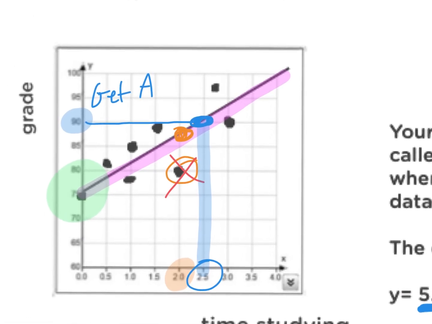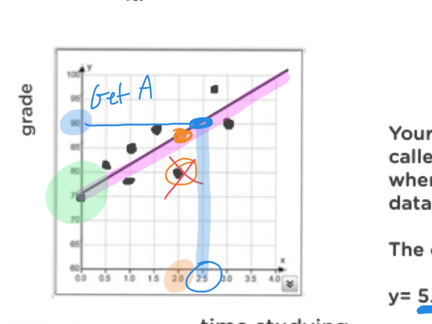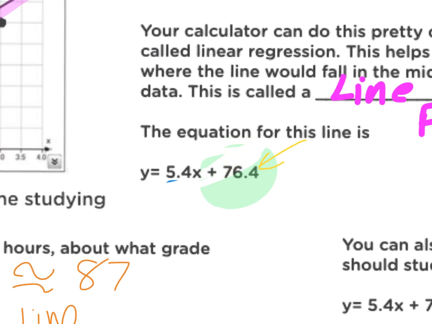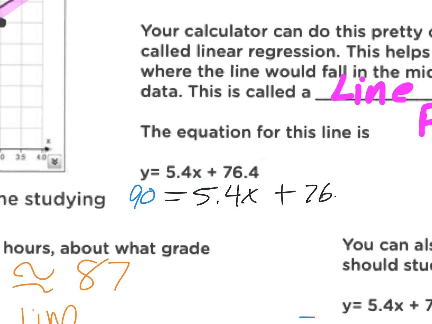And if you're a person that just doesn't like graphs, like I'm a visual learner, so I really appreciate graphs, but if you're somebody that really just doesn't like them, another kind of cool thing that you can do with this equation, I'm going to erase this for a second. You could just take the equation for the line of best fit, and again, I'm going to show you how to use the graphing calculator to actually get this equation for you. And what you could do is you could just substitute 90 in for y, and then you could just solve that equation and see what would x have to be in order for y